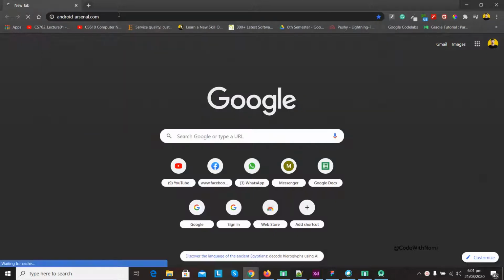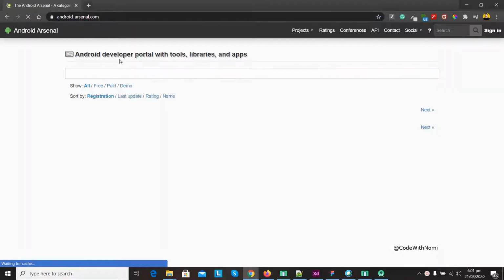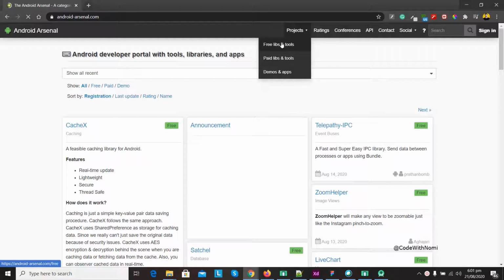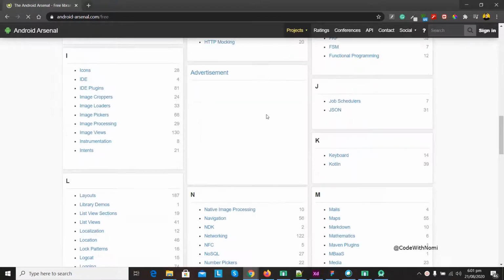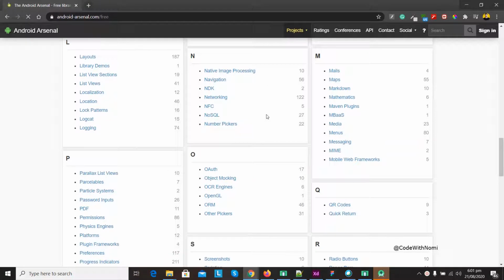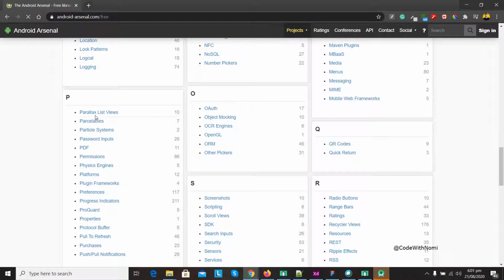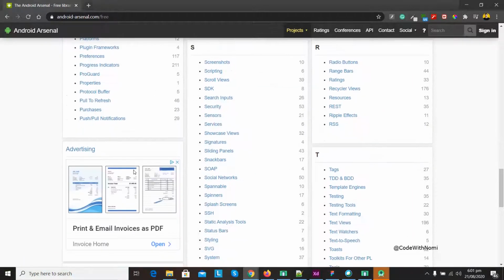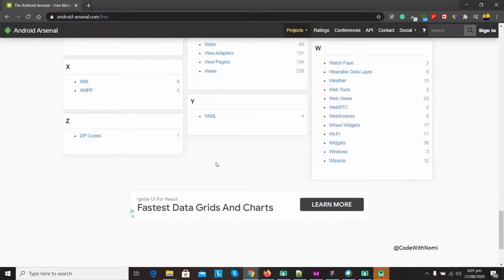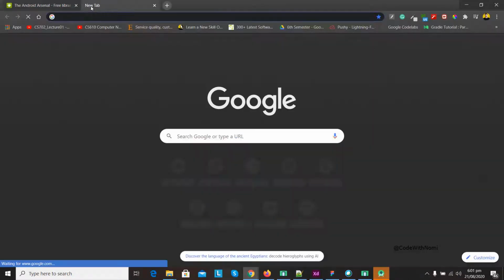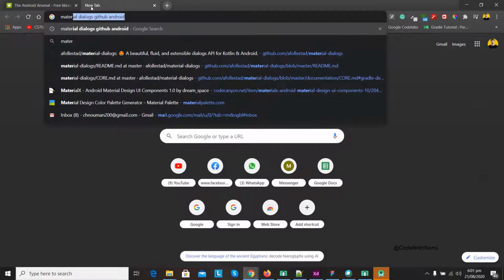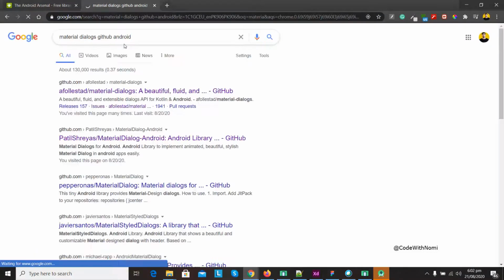Android Arsenal is one of the best places to search for Android open source libraries, and you can see now there's a bunch of libraries. If you want to use a parallax list view, you have 10 libraries available, and for everything there are a lot of libraries. So let's start with one library, that is Material Dialogs, and open up this page